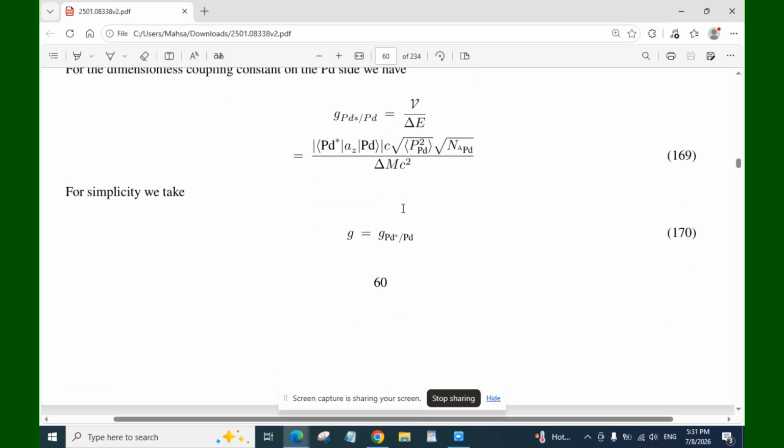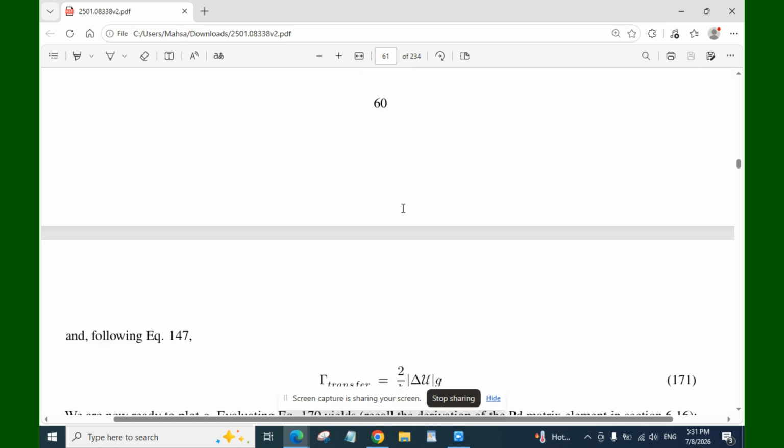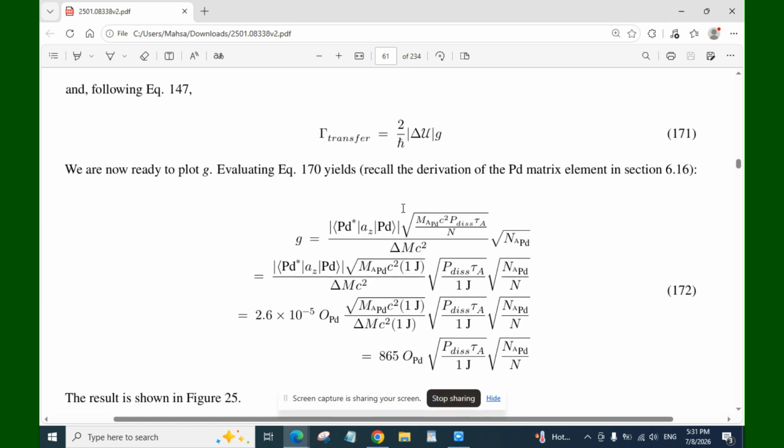For simplicity, we take G equal to G palladium star palladium, and following equation 147, tau transfer is equal to 2 divided by h absolute delta U G. We are now ready to plot G, evaluating equation 170 yields